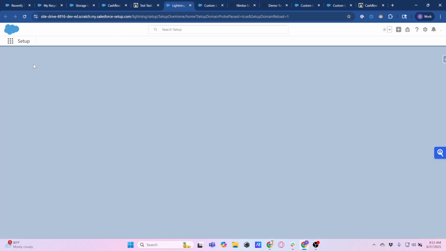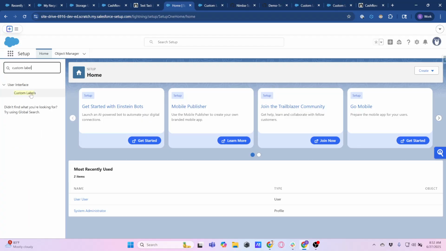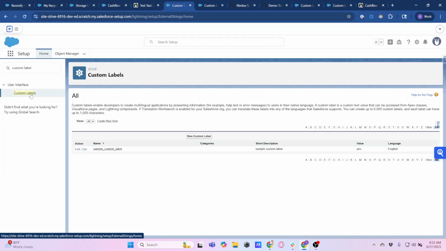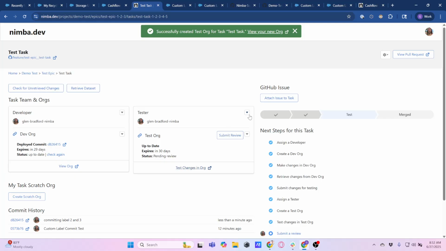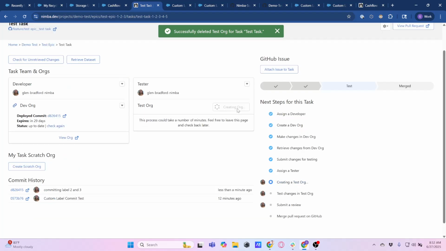Now I go in and it should show me the 3 custom labels. Still is not doing it, huh? Interesting. I did that last time too. Maybe I need to refresh the page. But at the very least, you can see how quickly